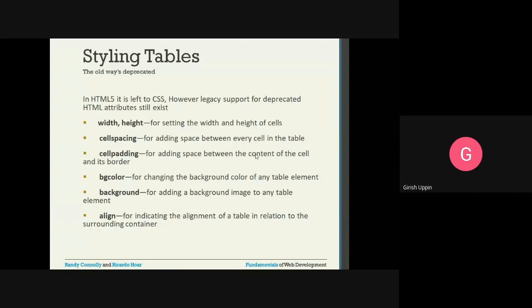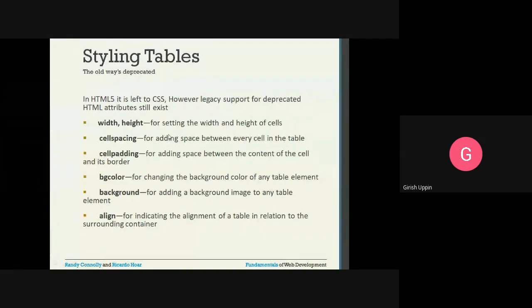In HTML5, the styling is left to CSS. However, legacy support for deprecated HTML attributes still exists. So whatever legacy support was there for the HTML table, those attributes are still supported. Examples are width and height.